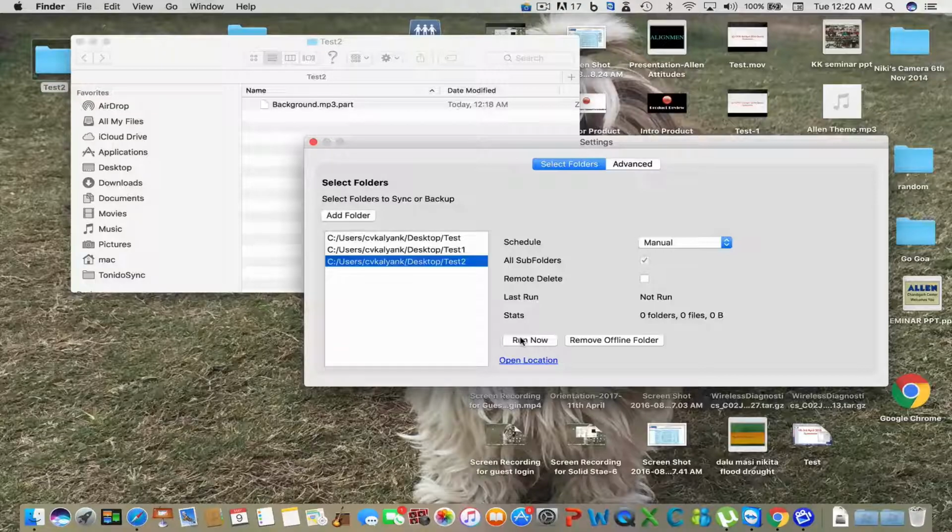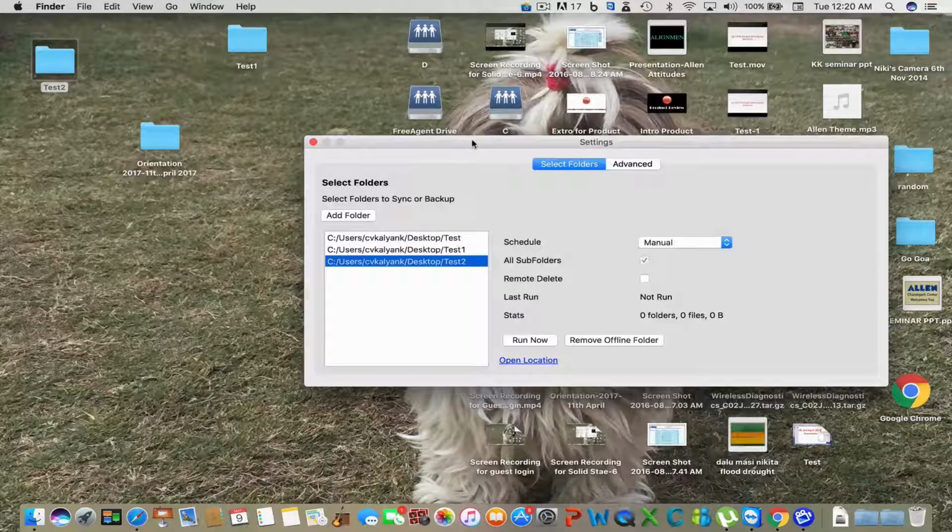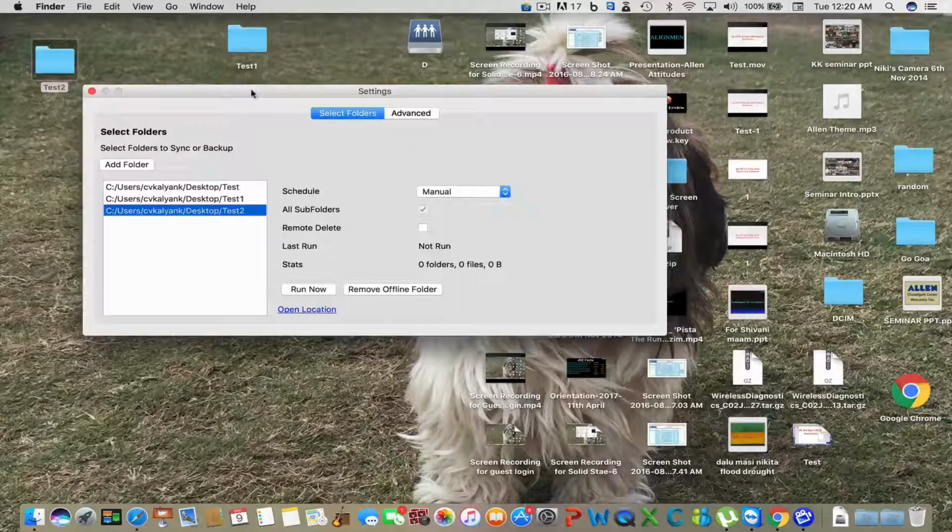So it's better to have one computer's account settings in all computers, and make changes in all computers. They will all come to one, and from one they'll get transferred to the others. Of course, it will take a little bit of time, but that's absolutely fine. So we have seen all the three options of sync settings. So sync settings is one of the most beautiful ways of syncing files between several computers at once.